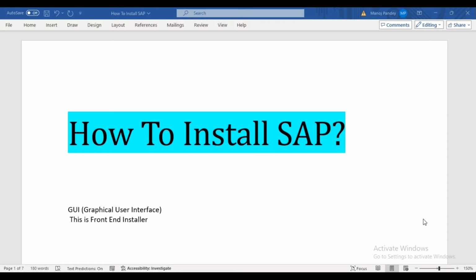In this tutorial video we are going to discuss how to download SAP GUI and how to install it on your system, like a desktop or laptop. If you are learning from anywhere, like Udemy or YouTube or any private institute, you definitely need the SAP GUI and a server for practice or practical exposure.